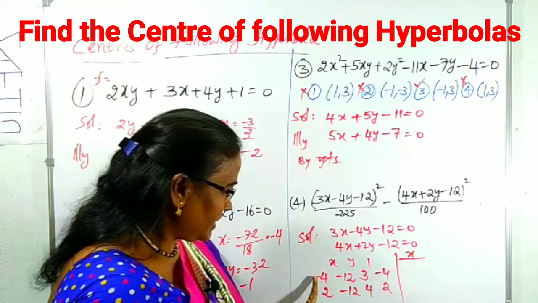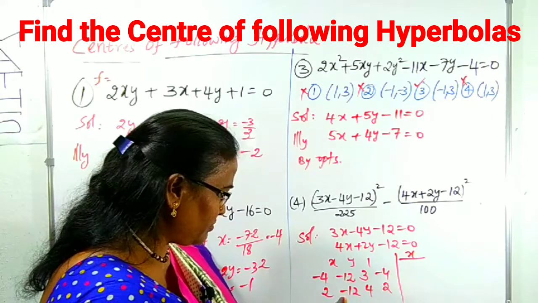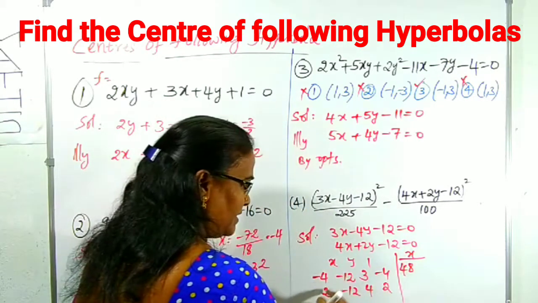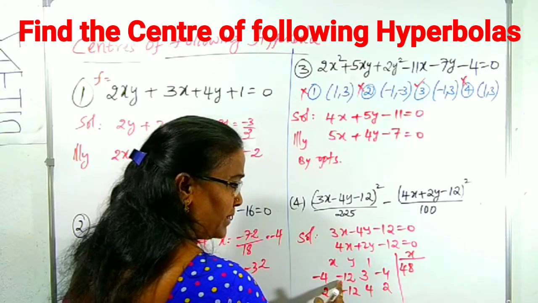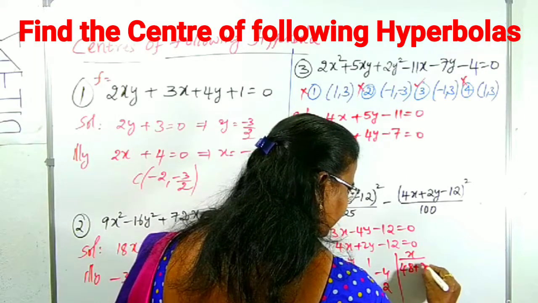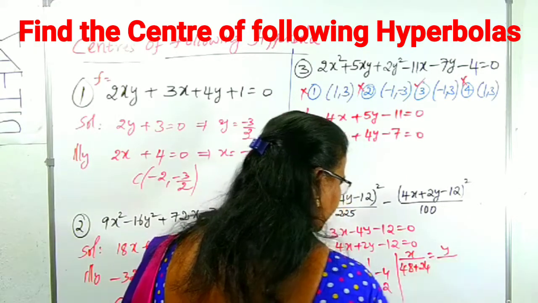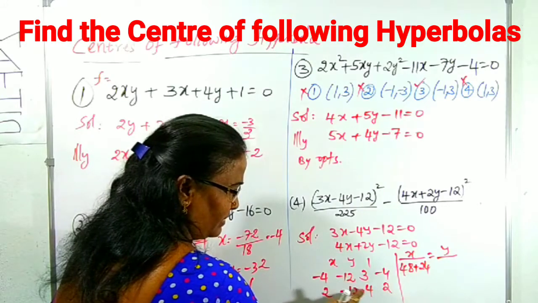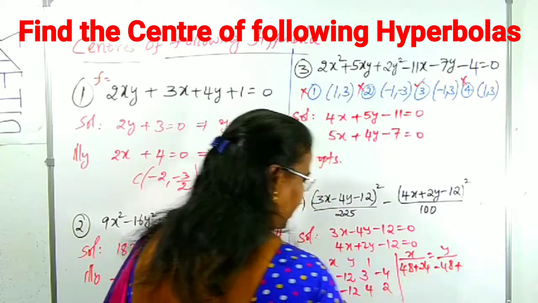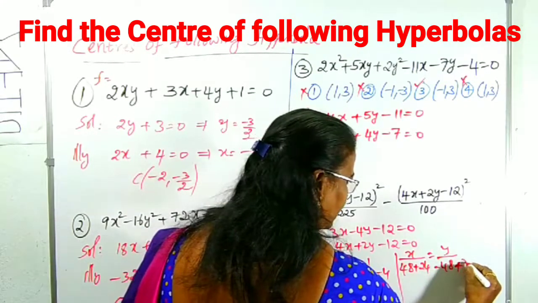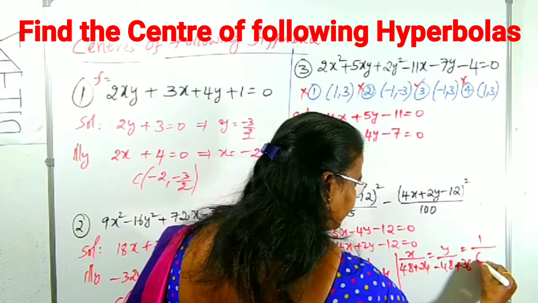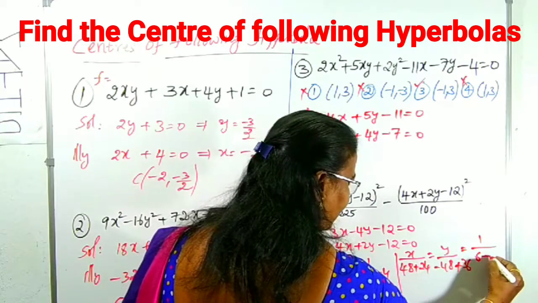X upon, take the cross multiplication like this. Minus 4 into minus 12, plus 48, right? We use the minus sign here. Already 2 into minus 4, minus 24. We can use minus of minus 24 as plus 24. Clear? Now y upon, same way here also, minus 12 into 4, minus 48, with the plus will come because already here minus, plus 36, right? Same way, what is the last one? 3 into 2, 6, plus 16 will come.